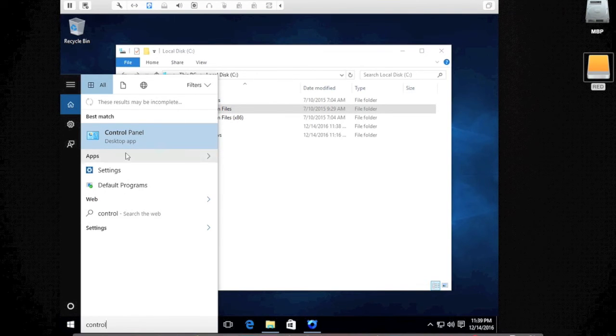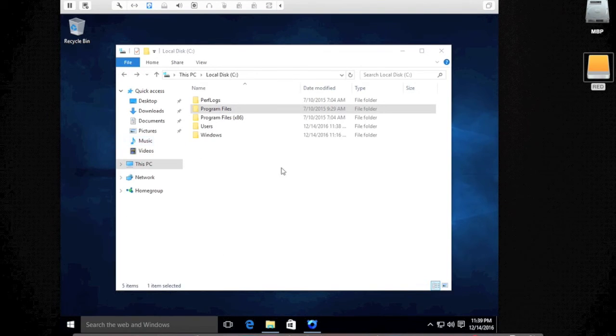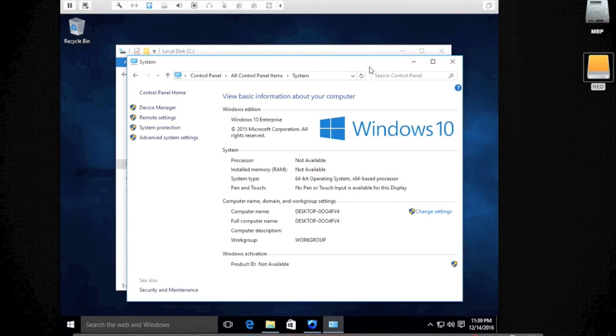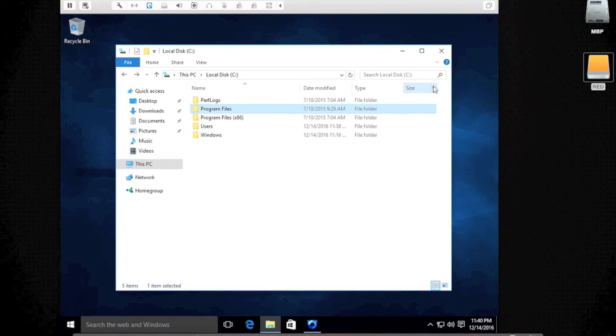Control panel. Our Windows is 64-bit. What that means is our CPUs, the brain of the computer, can carry 64. If you think about highways, it has 64 lanes available to it, so 64 bits. When it has a 64-bit operating system, that means it has 64 lanes to work with on a highway. Of course, the more highway lanes you have, the wider the path, which means more things can happen,